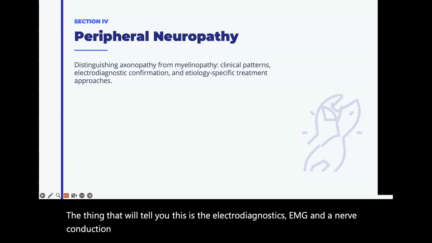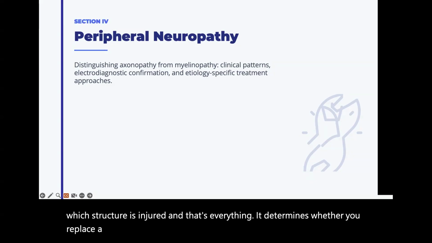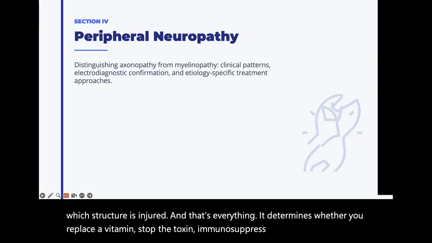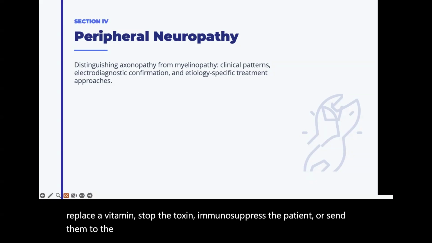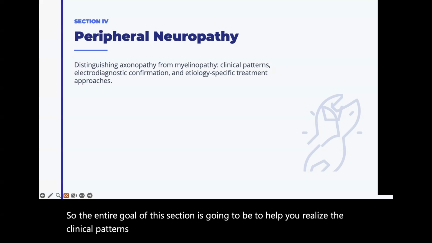These don't just confirm the neuropathy, they tell you which structure is injured, and that's everything. It determines whether you replace a vitamin, stop the toxin, immunosuppress the patient, or send them to the ED because they're having Guillain-Barré syndrome. So the entire goal of this section is going to be to help you realize the clinical patterns and predict likely pathology so that you can order the right electrodiagnostic test and treat the underlying cause,